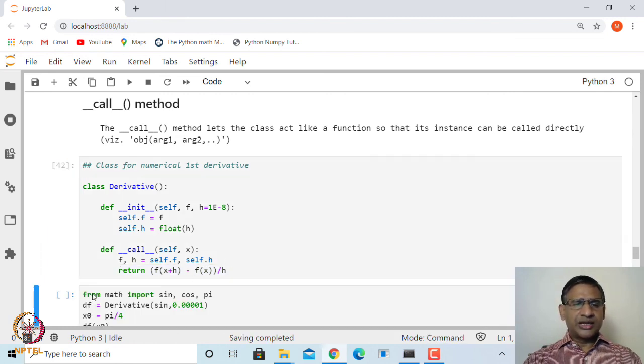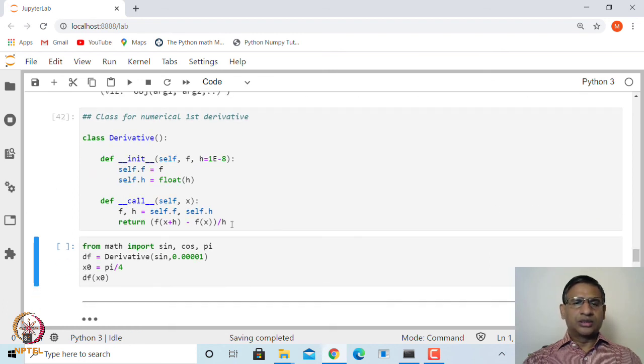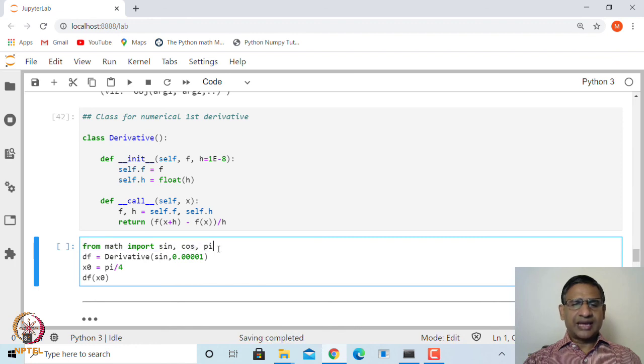When you run this, now how do I call this derivative? Let us say we want to find the derivative of sin x. Okay. So, let us import sine and cosine, and we want to evaluate the derivative at, let us say, pi by 4. So, let us import this from the math module, and then define df equal to Derivative of the function sine, that is f, and this is the value of h.